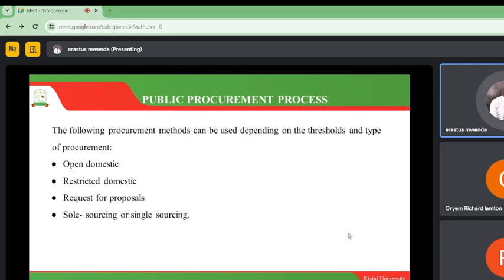The first one, open: suppliers or vendors, there is no restriction in terms of nationality or location. But on the restricted one, we only want to depend on suppliers who are based in that particular country. Then another method that we can use is what we call a request